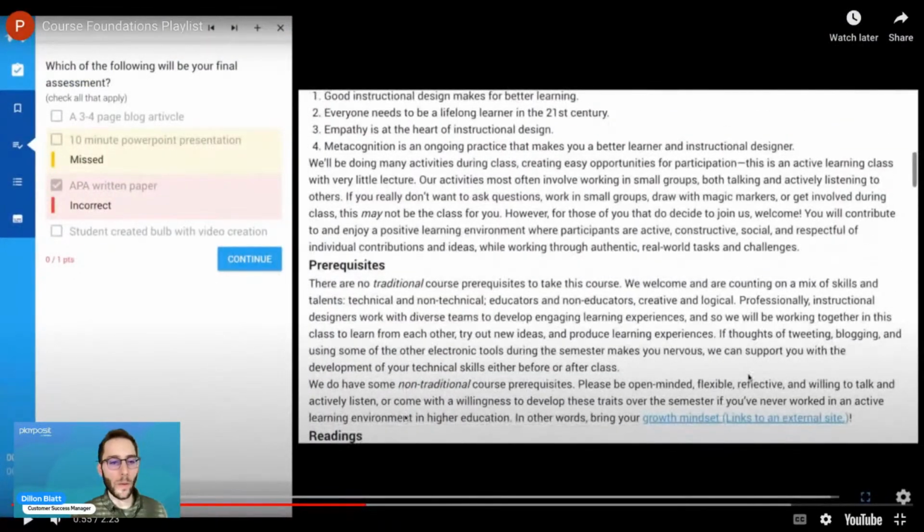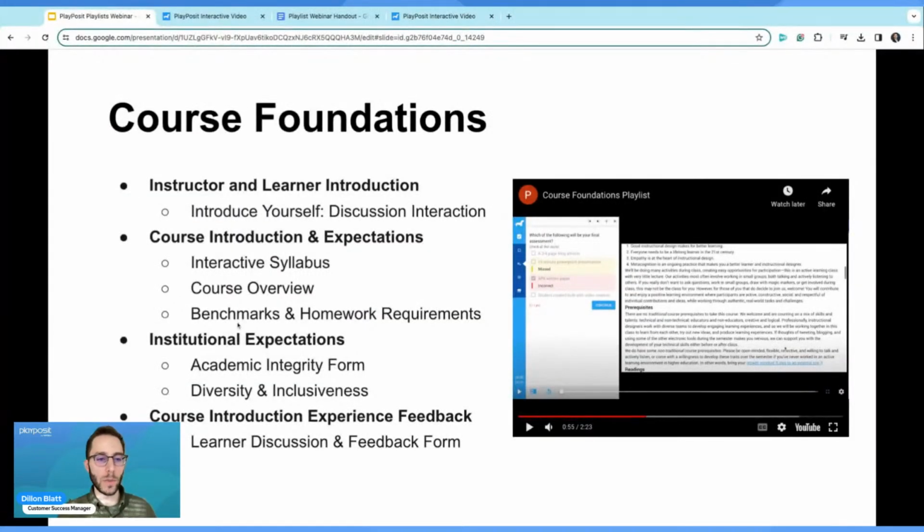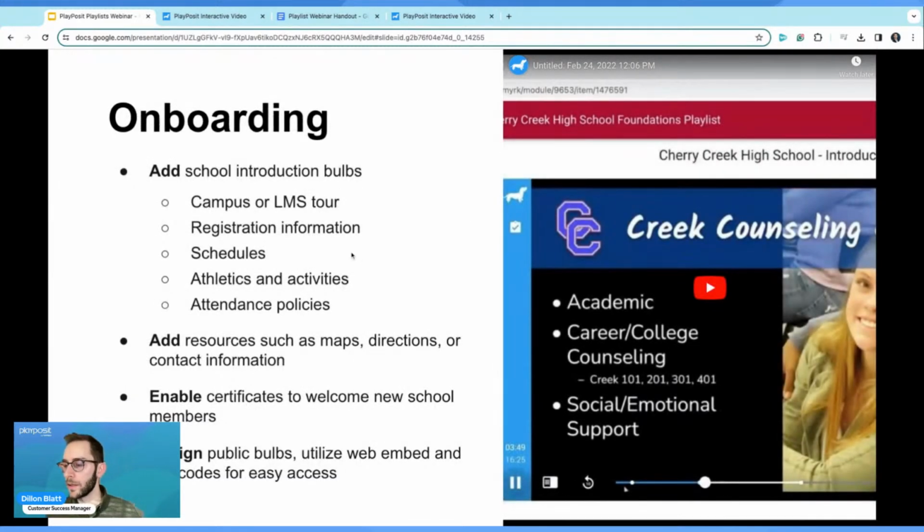And it really builds on the power of those bulbs that as a PlayPosit user, you may have already created inside of the tool, and you're just going to be pulling those in to the playlist. So that's another example. And then one more, slightly less academic focused, but equally important, is sort of this onboarding